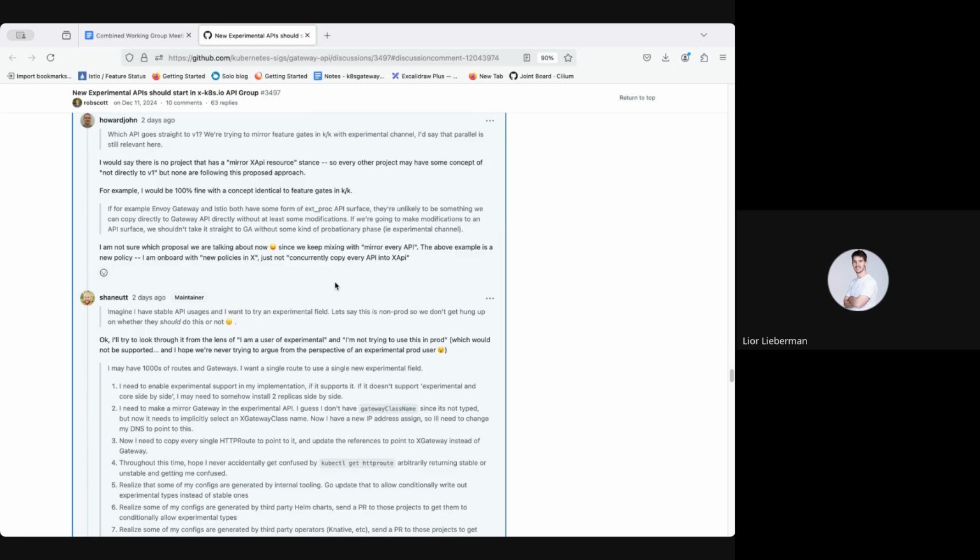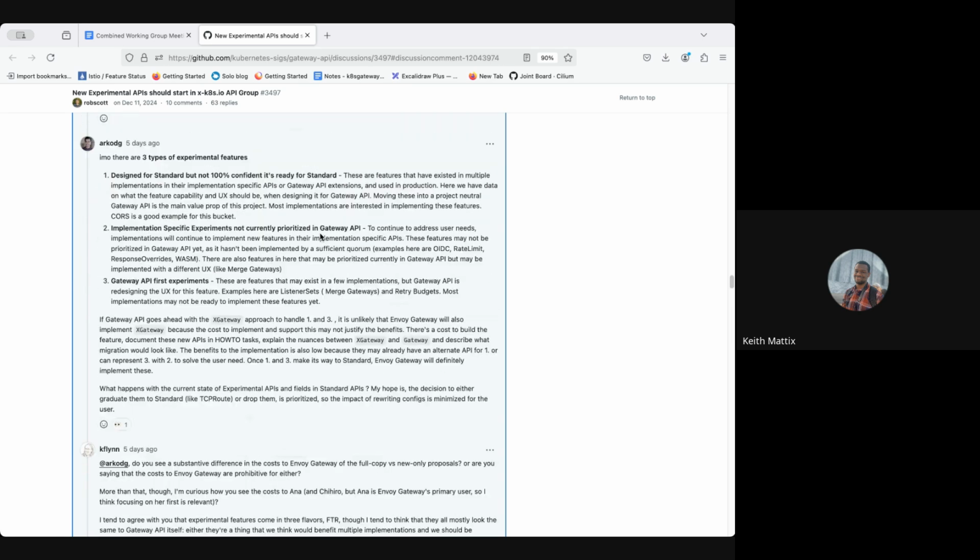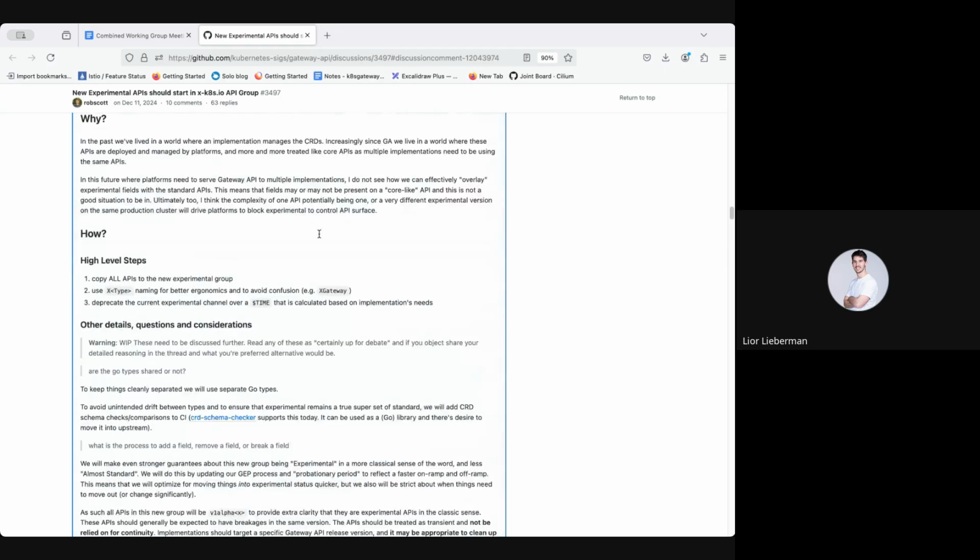So let me also back up. I think today you don't even have a way to have an experimental one and a non-experimental one of the same thing, because it's the same API. Sorry. If we do what Shane is proposing, how would implementations even be able to provide you that possibility? Right. I'm not clear about what Shane is proposing because I didn't read it.